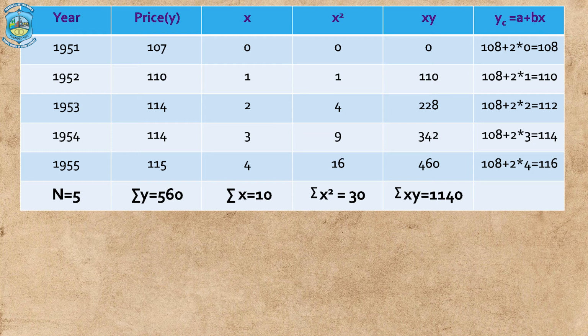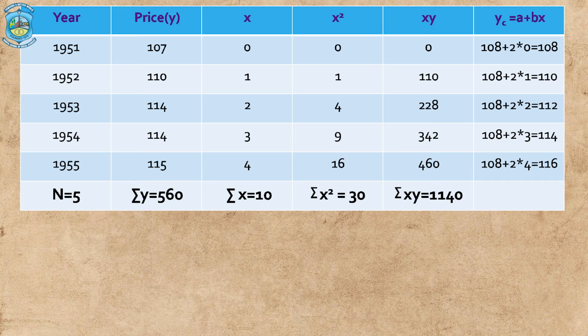Now let us apply this method of least squares in an example. Here you see we have year and the price indicated by y. Firstly, we are going to convert the year into whole numbers, which will be denoted by x. So x takes the value 0, 1, 2, 3, 4, and then we find x square corresponding to x. We would also go ahead and find the values of xy, and also we are going to find the summation of all these values as indicated in this example. Keep in mind here n will be equal to 5 because 5 years data is taken into consideration.